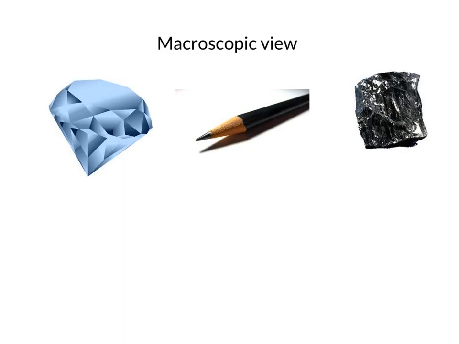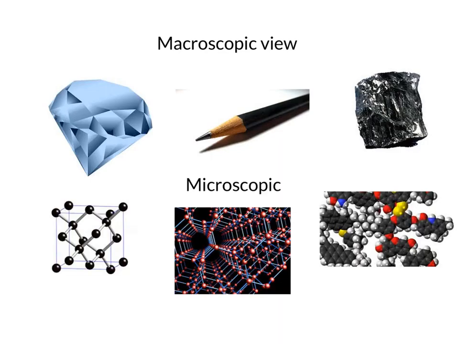Shown here are three different macroscopic views of carbon. We have diamond and graphite, which is what the pencil lead is made up of, and coal. Each of these different macroscopic bits of matter are made up of what we chemists call carbon. They have very different properties because of the way in which the carbon atoms are arranged within each of these types of matter. So if we zoom down to the microscopic view,